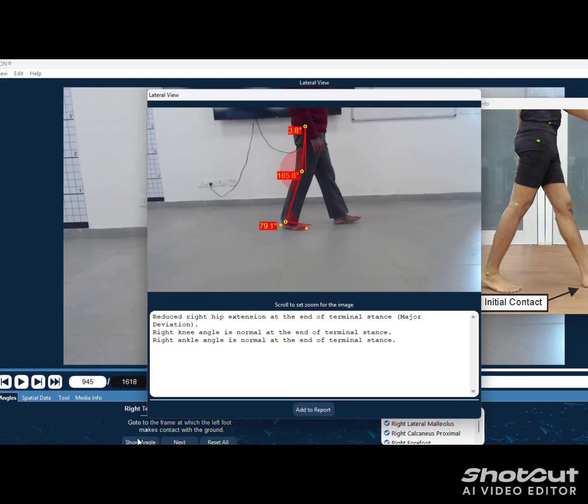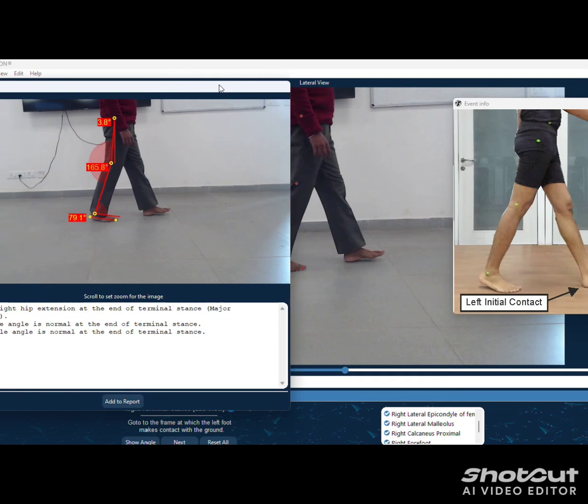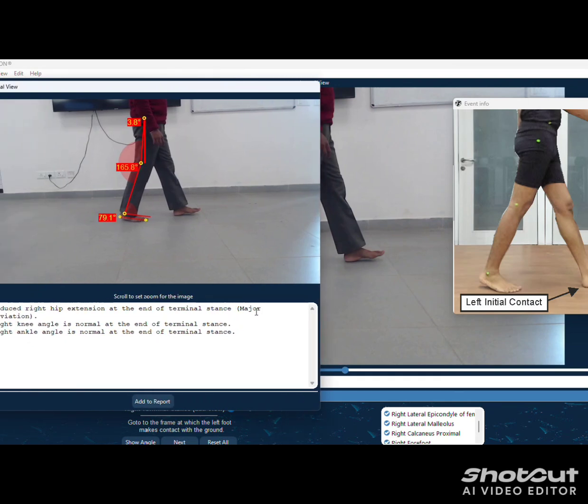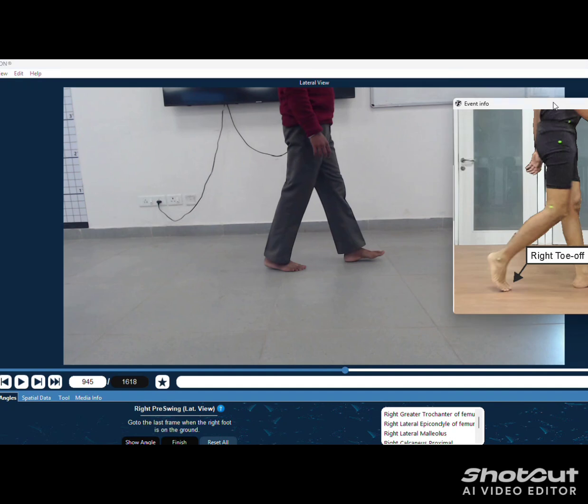Place the markers, click on show angle, and your result has been shown. Then click on add to report, and then click on next, and you can see your sample image has changed again.